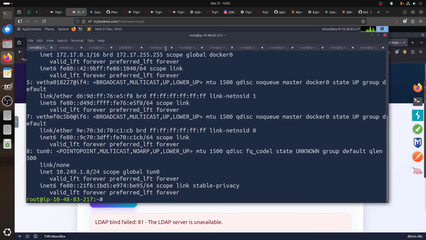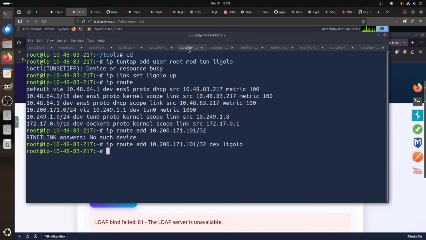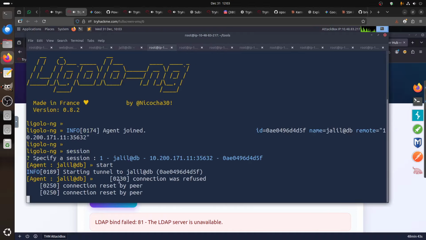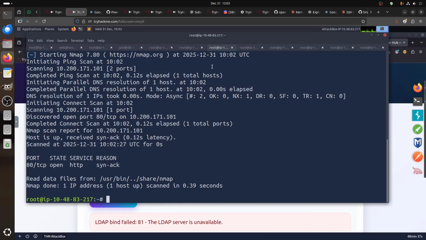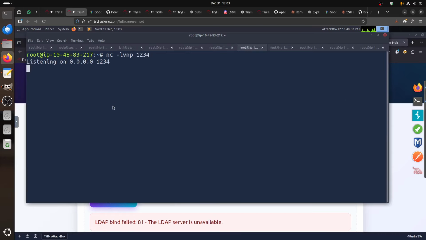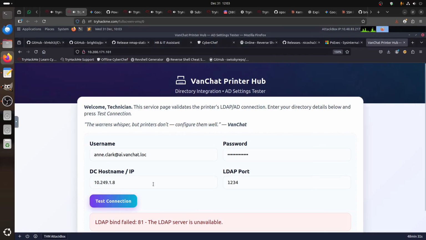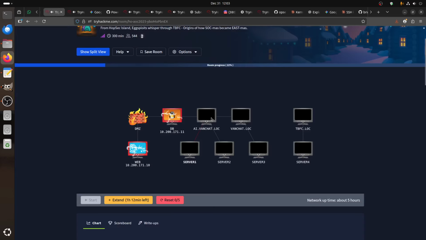What's going on here? You see, we have this connection reset by peer. I don't know why. Where is that nc? Nothing happened. So it is not coming to me. So this one is the 101. So the 101 is either this one or one of these two, so it doesn't know the route to come back. So let's try